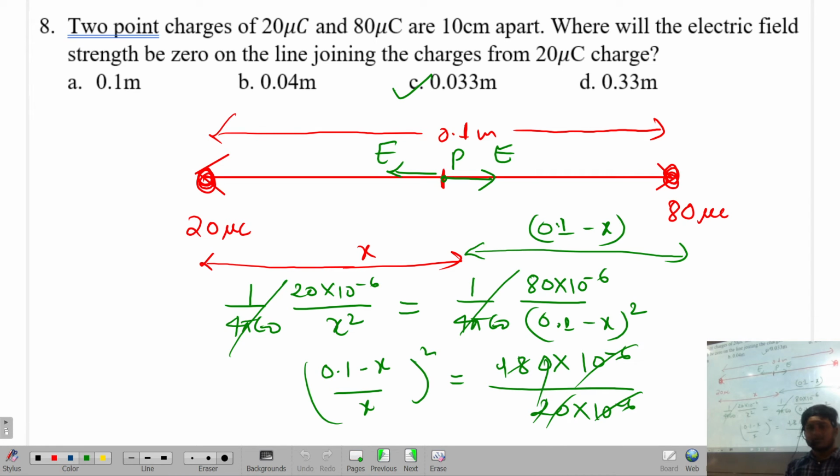Write it. E due to 20 microcoulomb is this, E due to 80 microcoulomb is this. Okay,